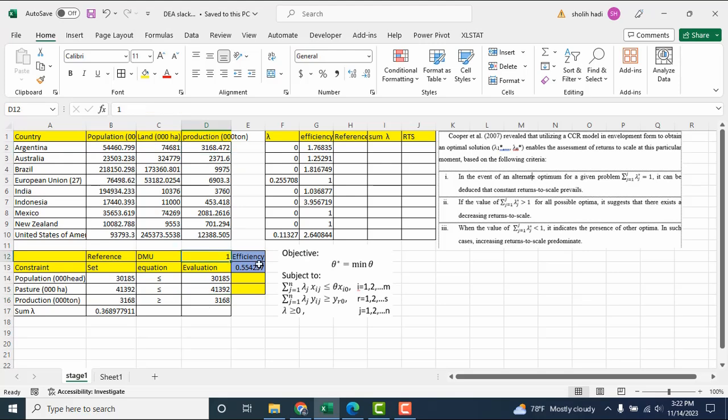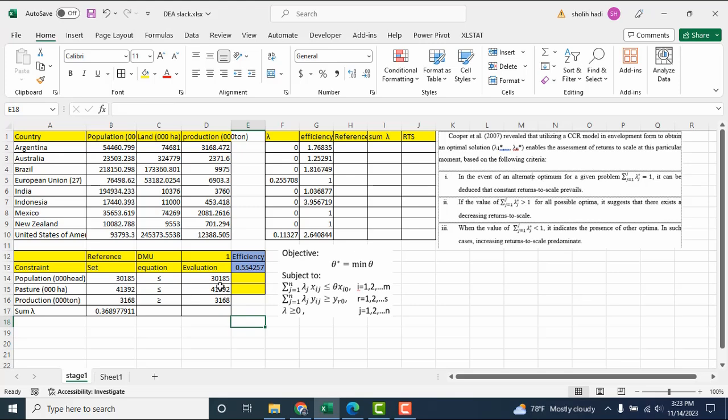And the same way for DMU number 2, Australia: the reference set is the same, but the evaluation should be changed depending on which DMU is in evaluation here. So Excel uses the index for all of them, and then we choose which one for the evaluation. If we type 2 here, so number 2. If here is 1, so the evaluation is number 1.